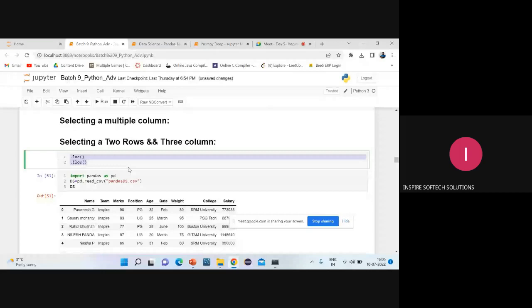Column and column index, and based on loc, we have discussed about loc and average and describe. The most important thing is describe; I'll ask it in the test. For the final test, I'll ask fill-in-the-blank questions, like whether I have to write marks greater than 90, or greater than or equal to 90.